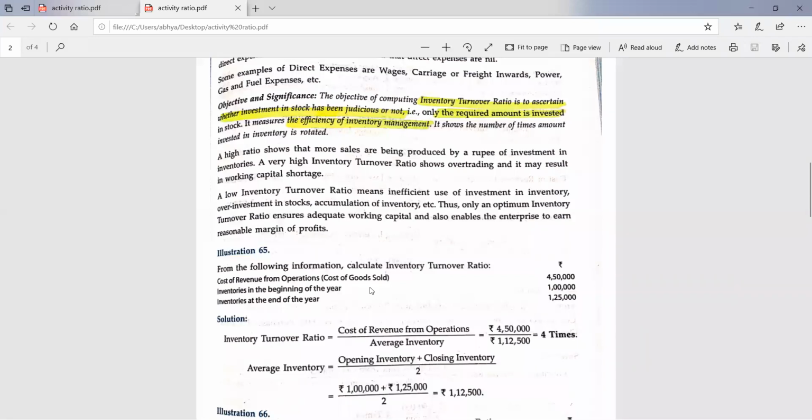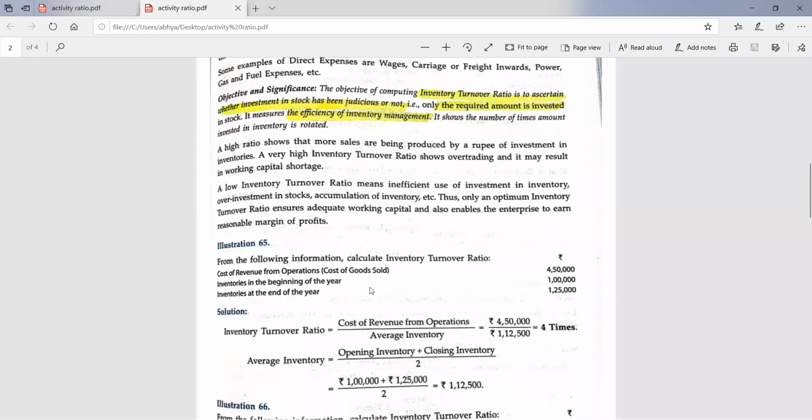And just by making simple equations, by taking x or by adding or deducting something, like closing inventory is 50,000 more than the opening inventory, it may be given in the question. In that case, opening inventory must be given in the question. So just by adding 50,000, you will be able to know the closing inventory. So simple equations you have to make, not very difficult.